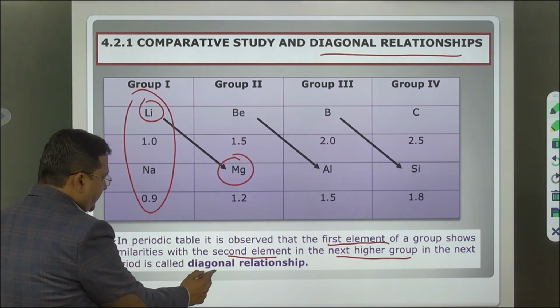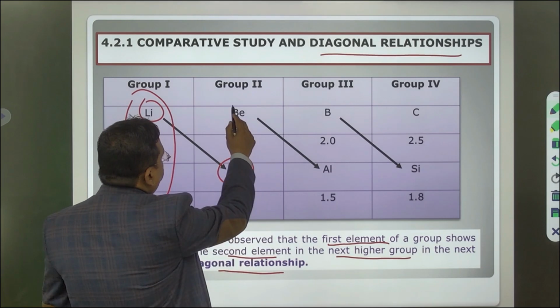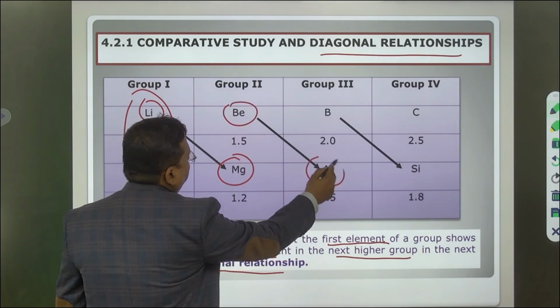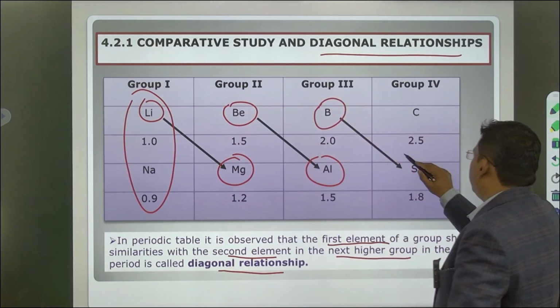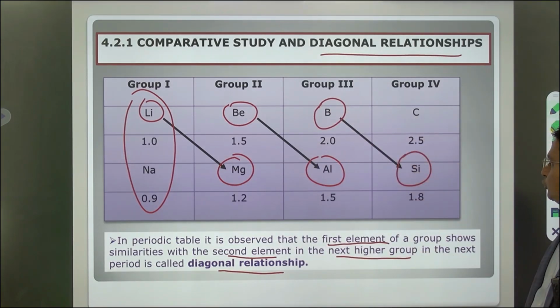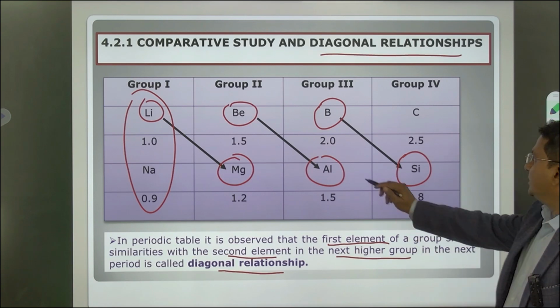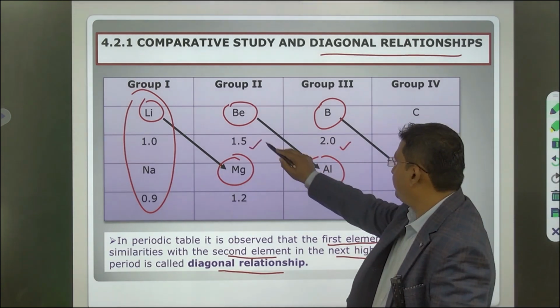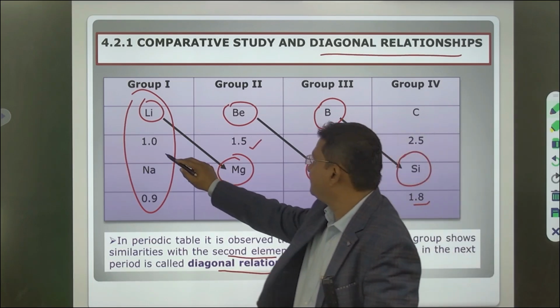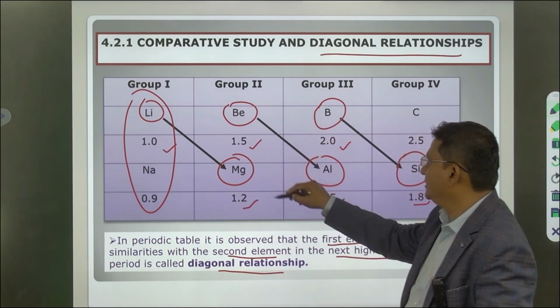This is called a diagonal relationship: the first element of group 1 and the second element of group 2. See, they have about similar size, very much similar size,